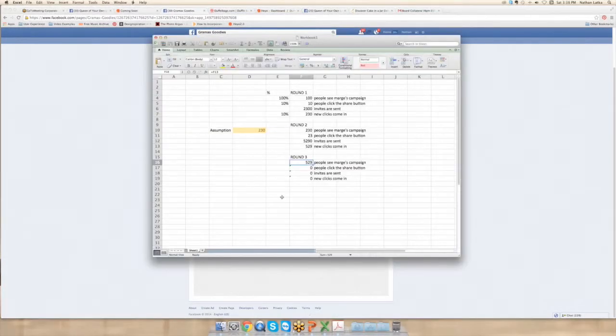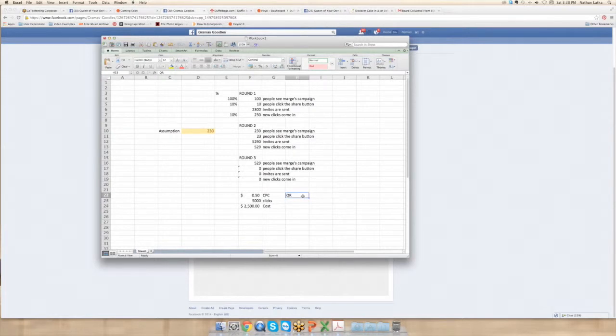Again, I'm going to whip out Excel real quick. Facebook on average, you're going to pay about 50 cents CPC. That's cost per click, right? So you do the math. If you're trying to drive 5,000 clicks, your cost is going to be $2,500. That's the cost. Or, again, you build a smart campaign where you can still drive the clicks, but it costs you $0 because you're leveraging your current fans as a marketing force.